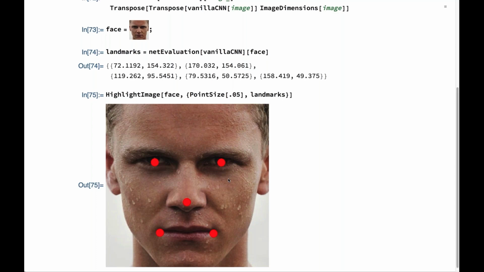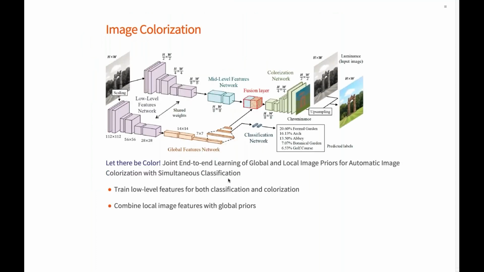Another example that I want to show after this is slightly more complicated. Or we may say way more complicated, but actually now we are going to look inside this architecture, and we can see that there are not so many new concepts compared to what we've seen already. So this is an image colorization network. I think it's called ColorNet. And I picked this because the authors are doing something very interesting here.